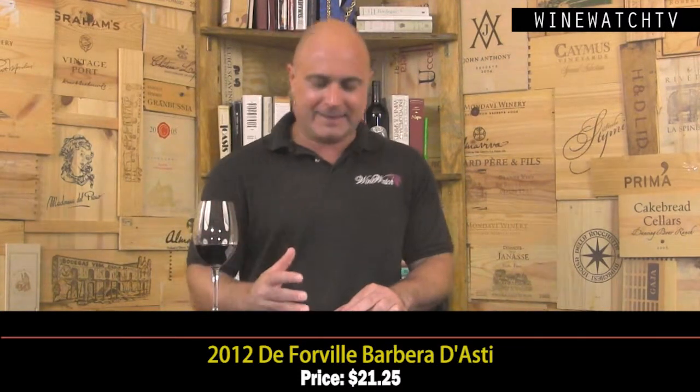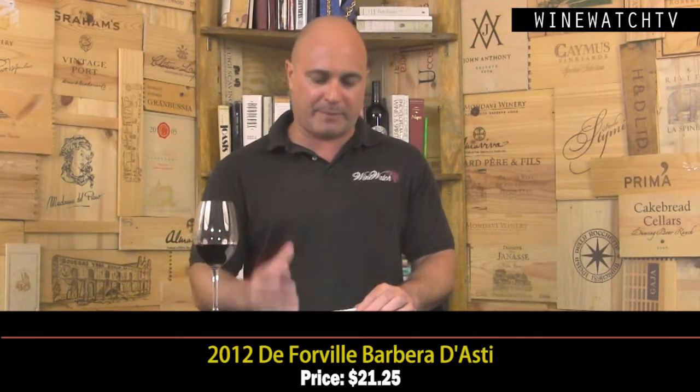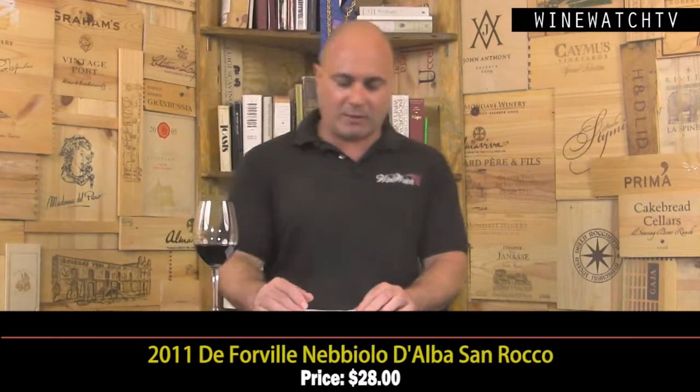I don't get it. Anyways, a really good hint of that spice and floral nuance on the nose showing through on the finish. A firm hand of acidity, something I love about Barbera. Really nice complexity for an entry-level Barbera. Very good juice here. And then the Nebbiolo d'Alba San Rocco, and this is a vineyard just outside of the Barbaresco DOCG,